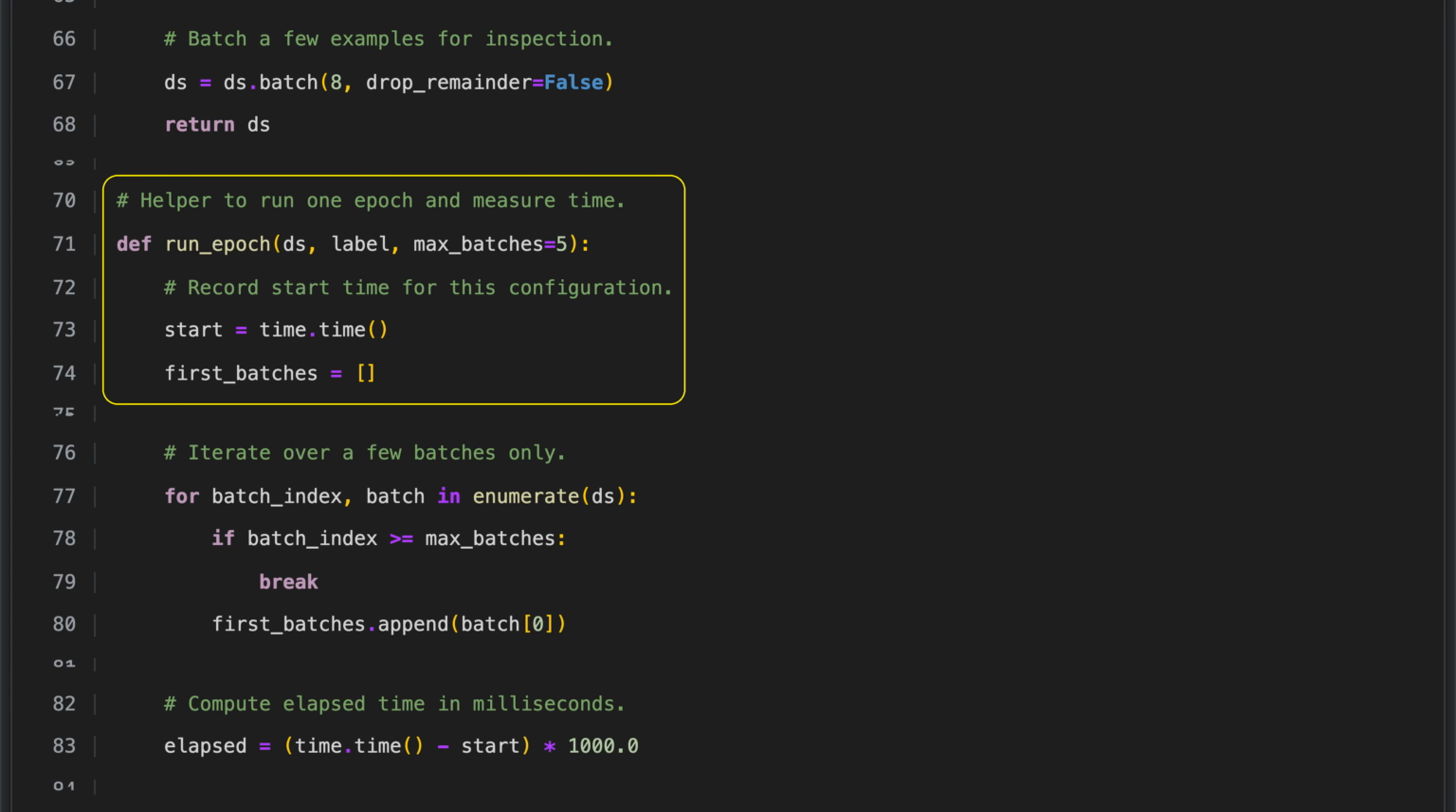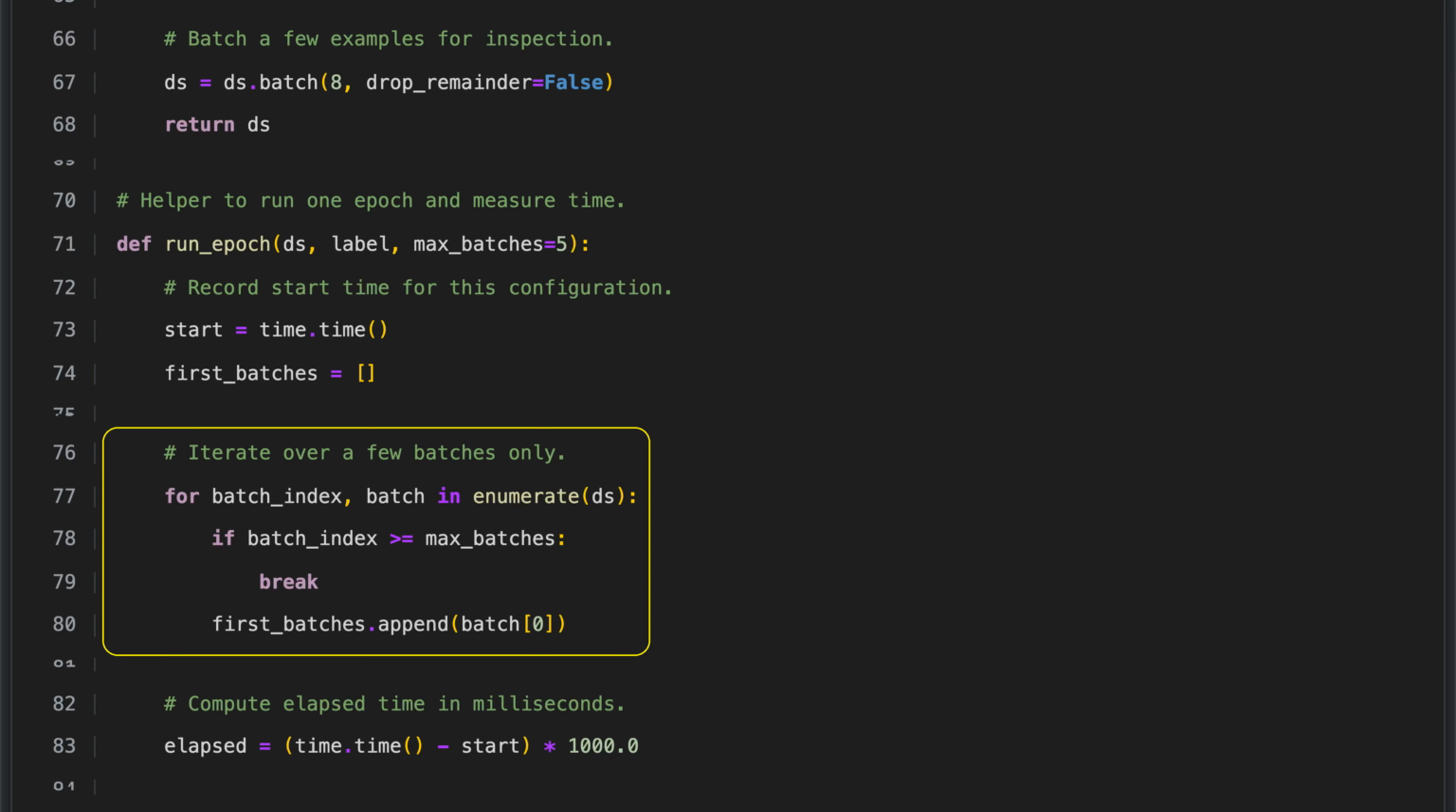early batches are processed. We iterate over the dataset with an index so we can track how many batches have been processed and stop once we reach a chosen maximum, avoiding extra computation. For each batch we do process, we take the first example and store it in a list called first batches. Later, we analyze the source files of these first examples to study how random the sampling is and how well